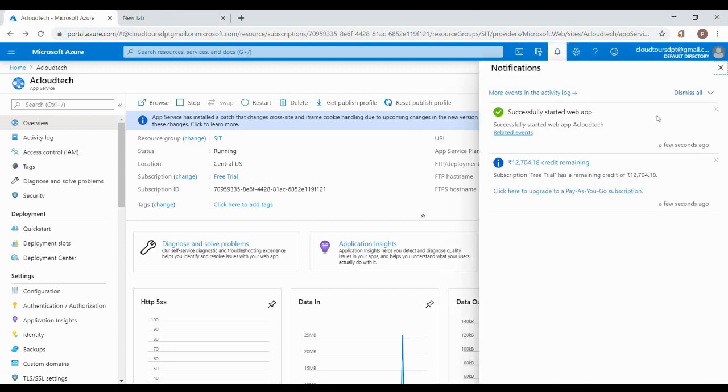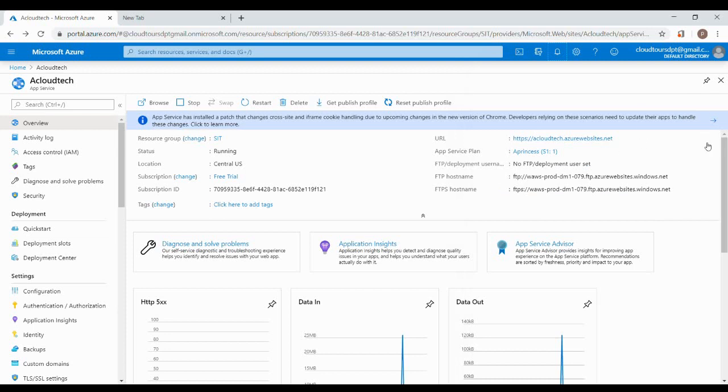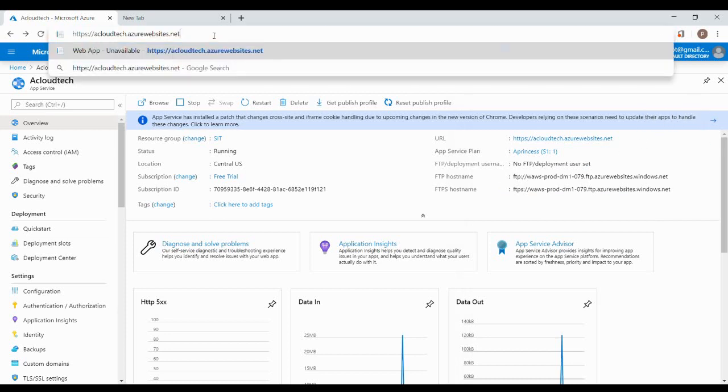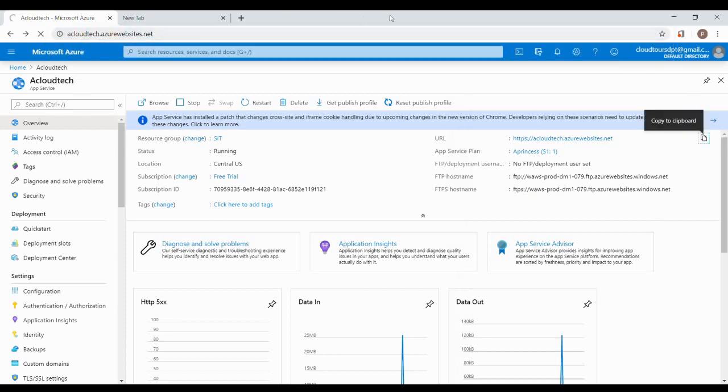If you see, our service is started again. We started it, and I'm trying to browse it. The same URL we are able to browse. So we can stop and start the service whenever it is required. There are a lot of other features we can use from the app services, which we will get to know in later videos. For now, we covered how to deploy a web application, an MVC application, into the Azure Cloud Portal.